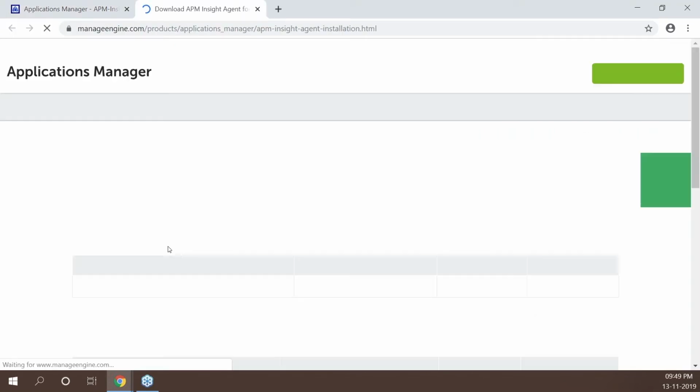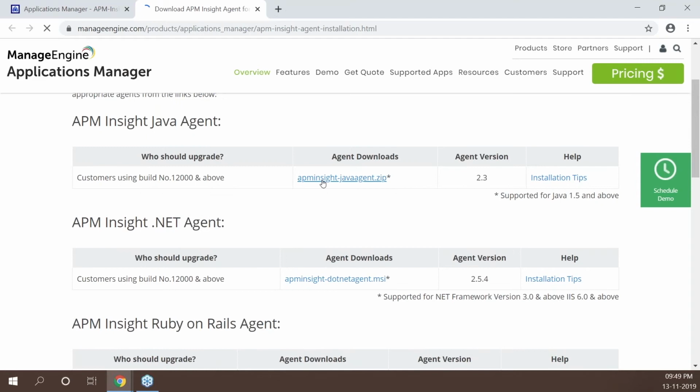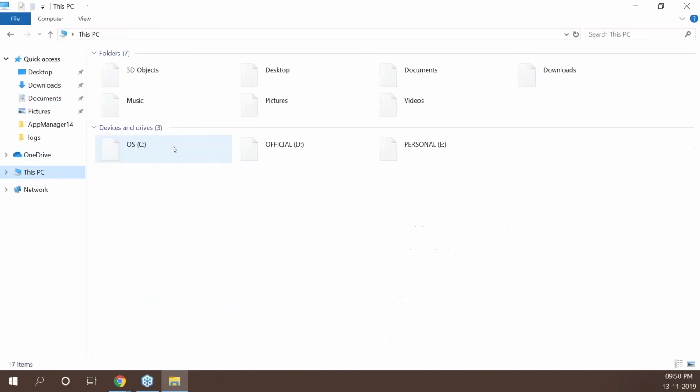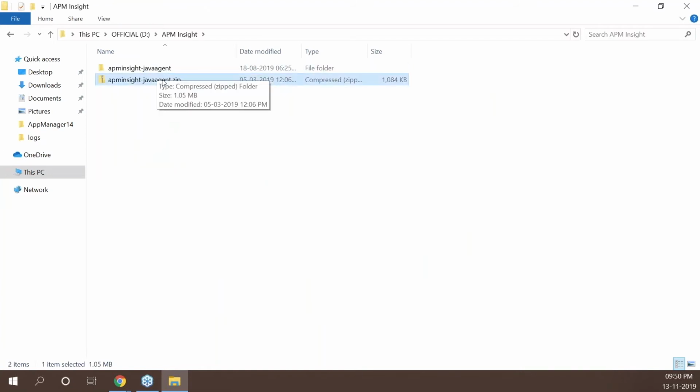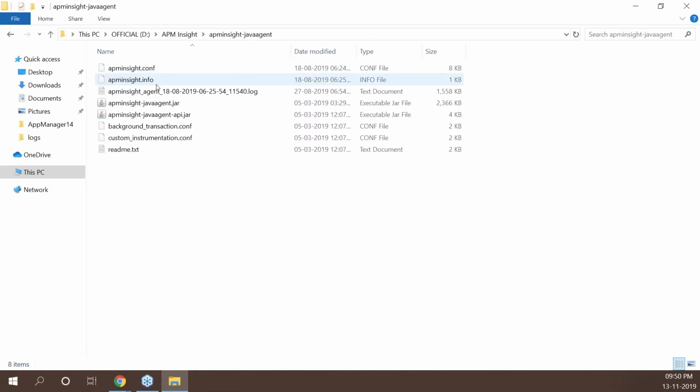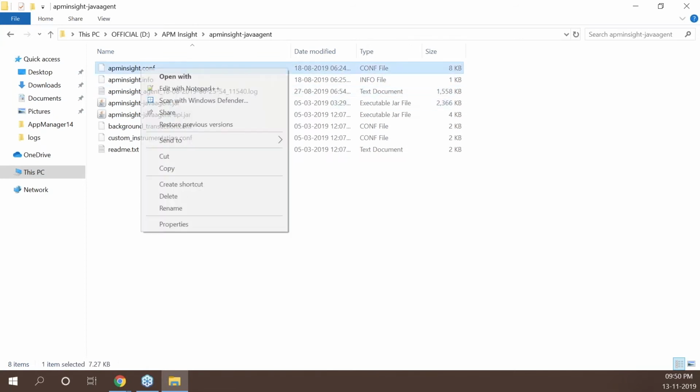and then you will be redirected to our website, and depending upon your application, if you're using a Java-based application, you can download this agent and get started. Once it is downloaded, let me show you the next step towards configuring. Once it is downloaded, you can unzip that specific agent file, and you should be having multiple files inside. And all you have to do is edit this APM Insight.conf file,